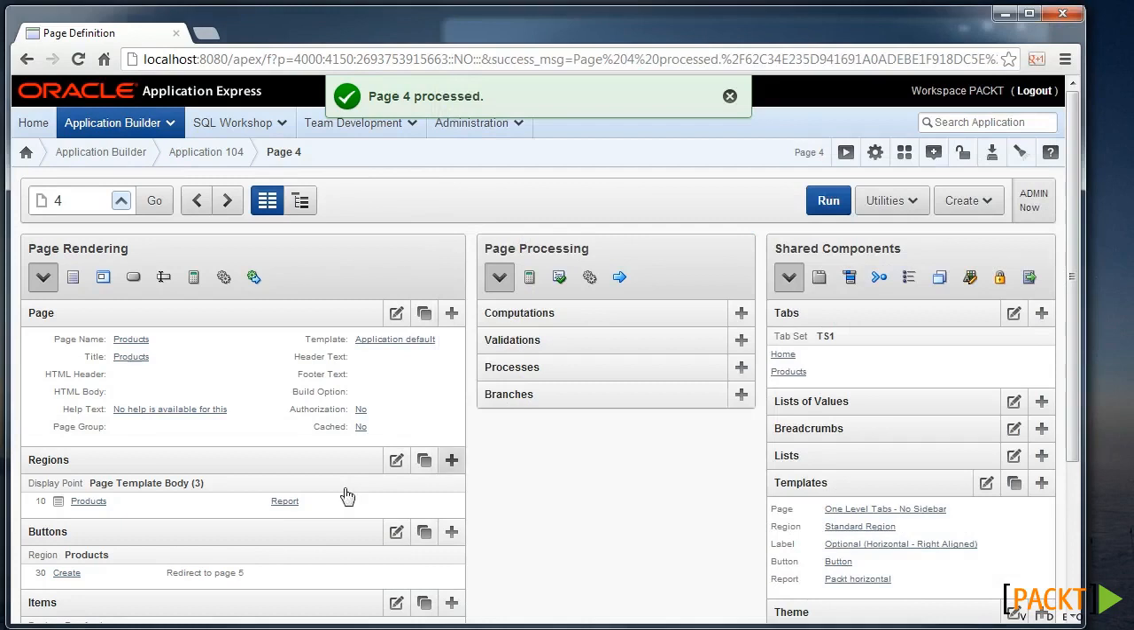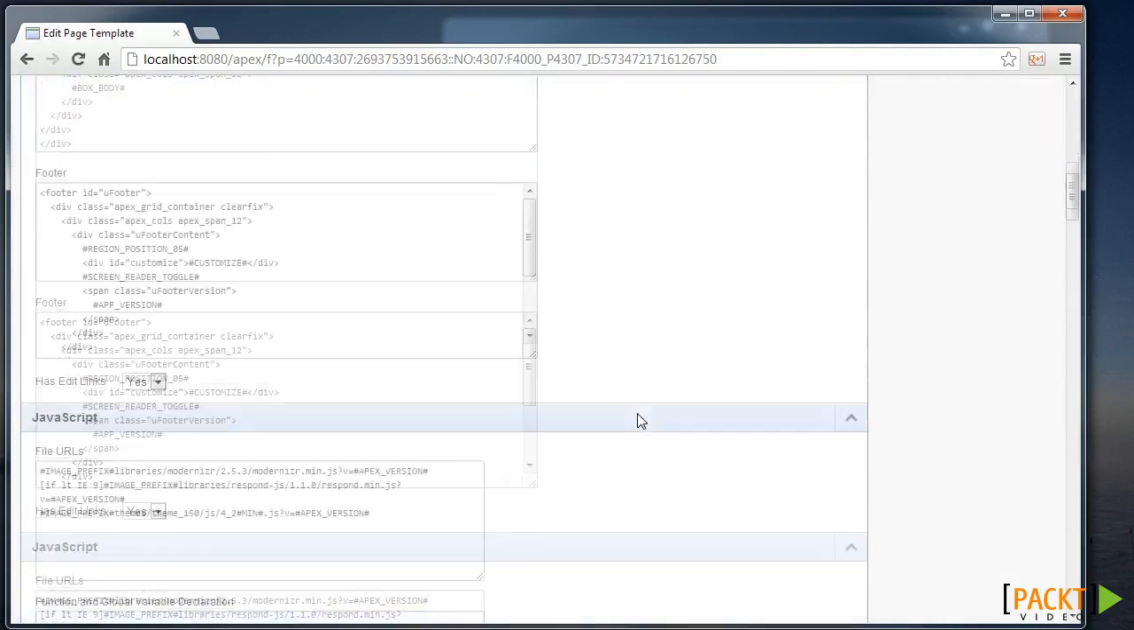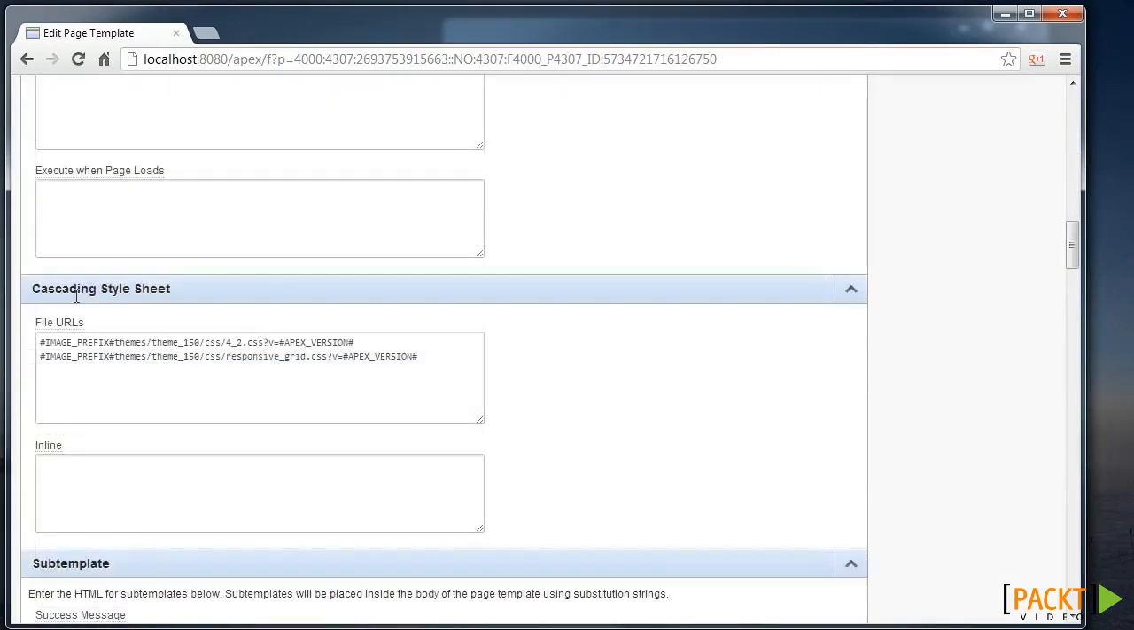So what we need to do is modify the page template to refer to that style sheet. So the page template here is one level of tabs, no sidebar. So I can edit that and scroll down to an area which allows us to include the various style sheets. There are some already for the particular theme, but we're going to add a new one referring to the image